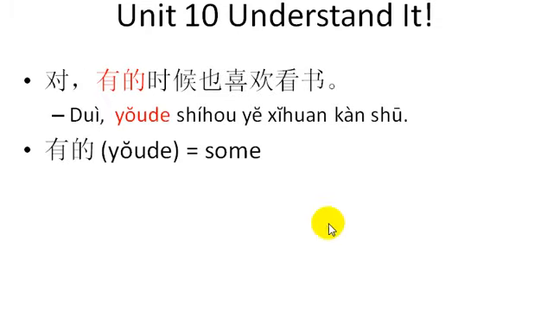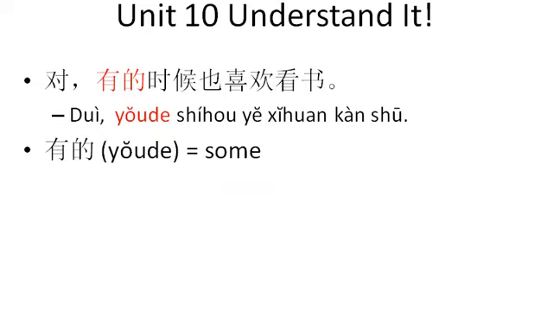Okay, so Bai Ying-ai comes back and says 对，有的时候也喜欢看书. So you should have all this sorted out with the exception of this 有的时候. Okay, 有的 means some. Now you've seen this 有. It means to have, is one of the meanings. The 的 you've seen all over the place. It's used as a particle for possessive. So here you see these two characters being used together for a completely different meaning. 有的 is just the word for some.